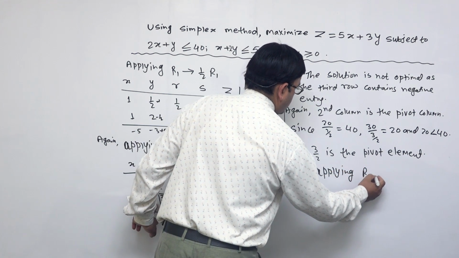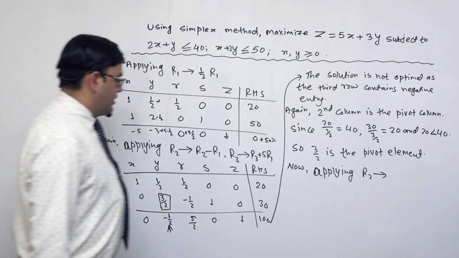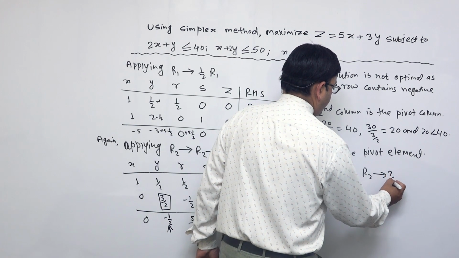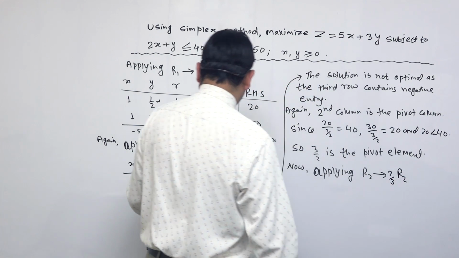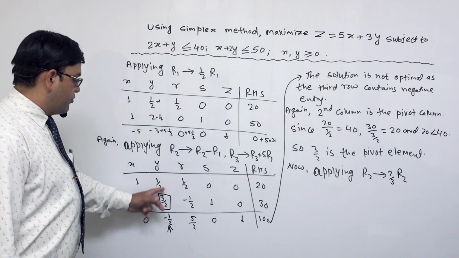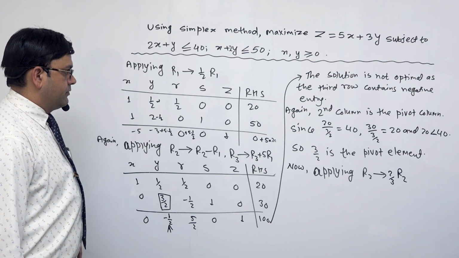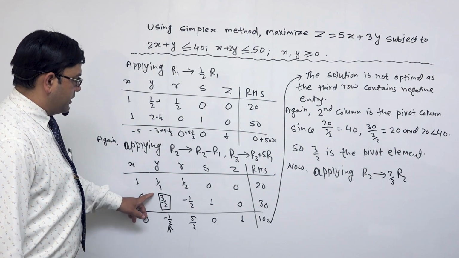Applying R2 changes into 2/3 R2. यसमा 1 बनाउनलाई 2/3 ले गर्यो भने 2 2 क्यान्सल 3 3 क्यान्सल हुन्छ, त्यसकारणले हामीले यो युज गर्यौं। अब यसको के हुन्छ होला त, हेर्नुस् है त।